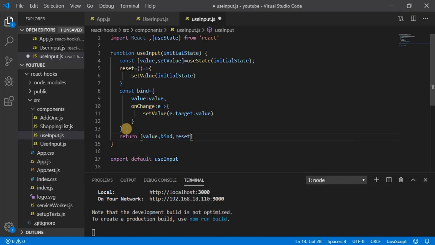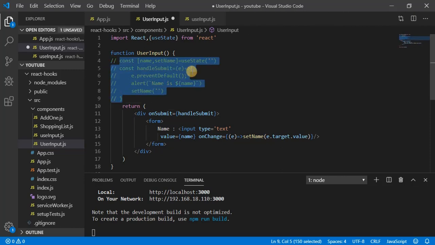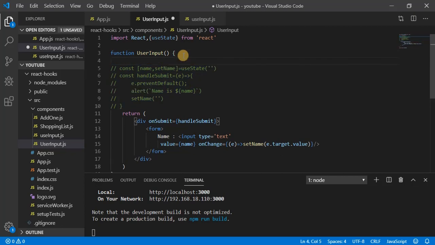You got it, right? So let's come to our UserInput and let's use this hook. Now, instead of doing this, let's comment all this out and write const.